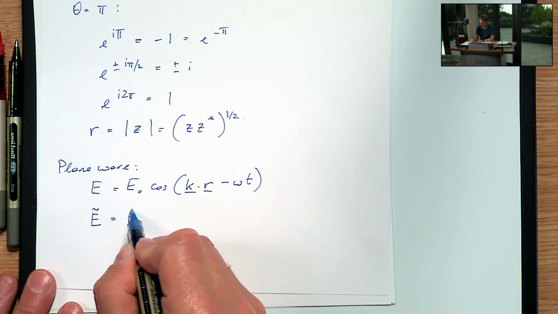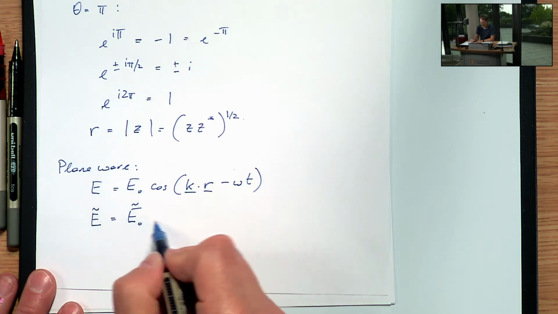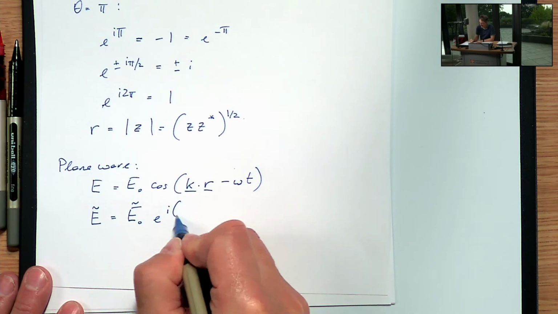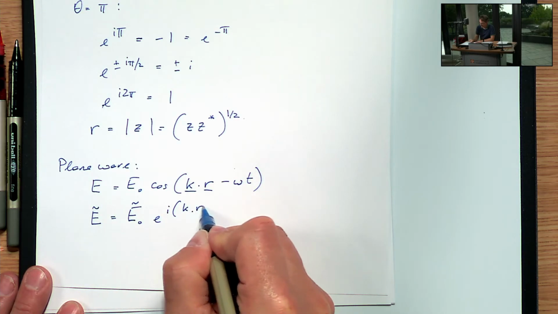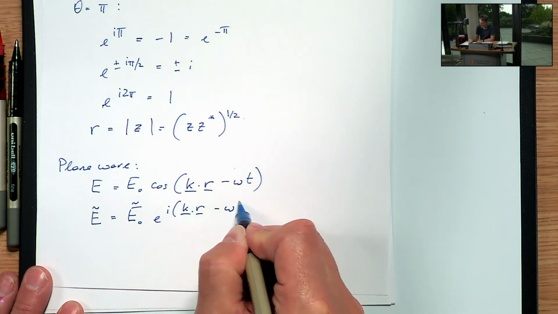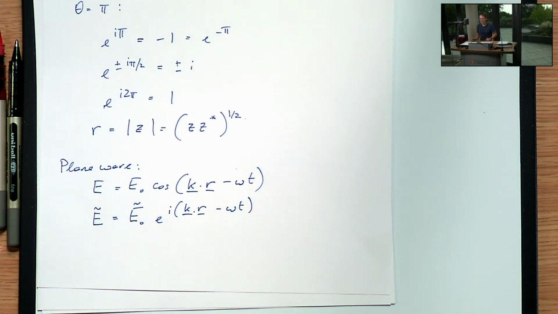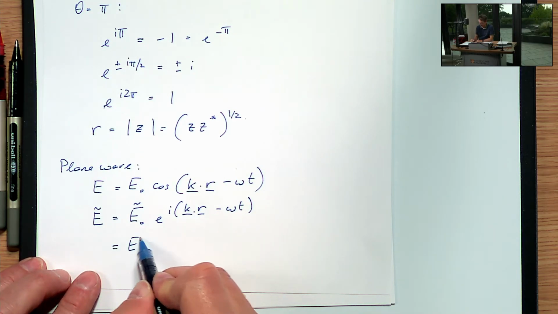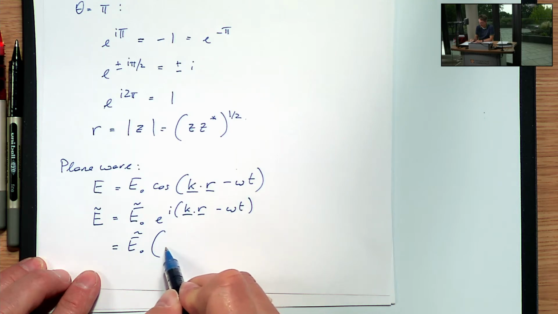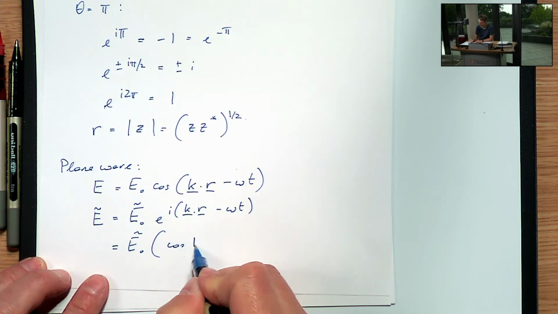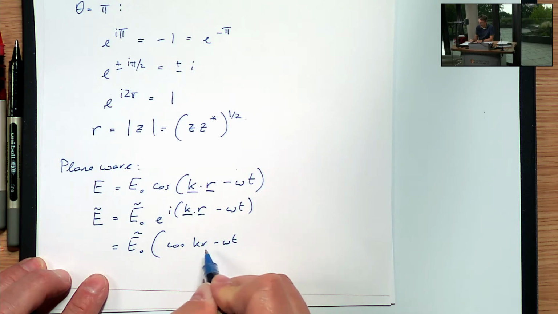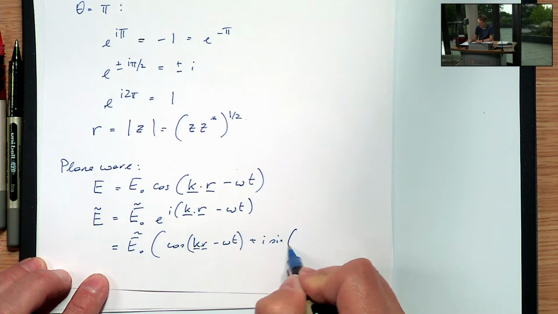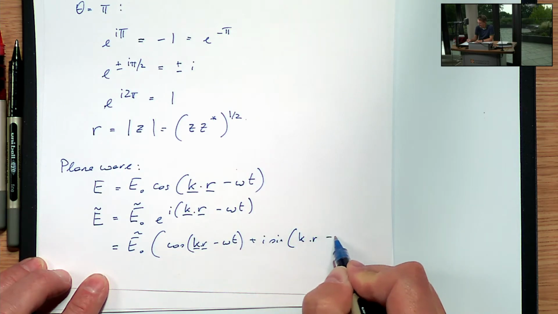We have E tilde, where the tilde just denotes that these are complex amplitudes now, equal to E naught e to the i (k dot r minus omega t). And of course, that is equal to E naught times cos(k dot r minus omega t) plus i sine(k dot r minus omega t),